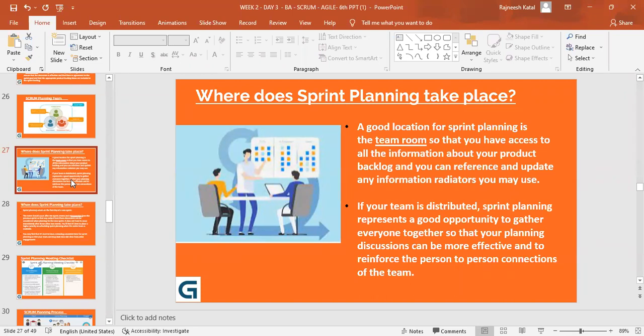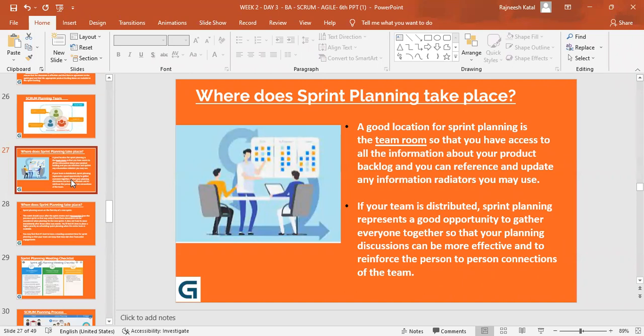Okay, so what do they state? It's mentioned that your sprint planning should generally be at the team room, that is where everyone is located. And I mentioned in the last session that in the pre-COVID environment, it was encouraged to have all the team members at one place. But now, as we all know, we are working virtually, most of us. So in this scenario, yes, definitely a Zoom meeting or a Teams meeting, any meeting wherein everybody is available,